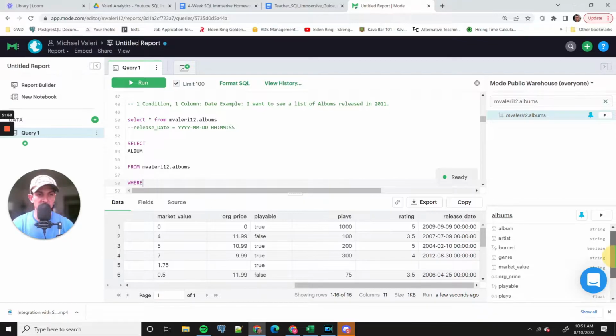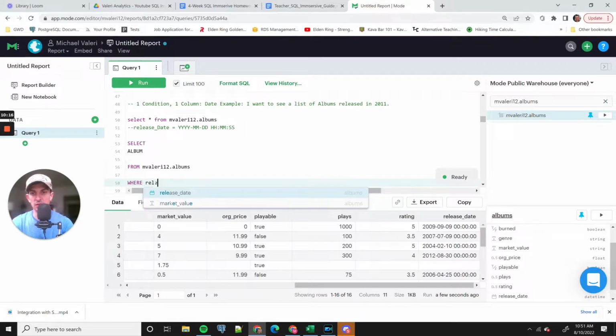Now, it's kind of hard to see here because they have this. Hey, Mode, you guys got to get rid of this little chat icon because it's over the schema and it's really hard to see what the things are, but it's a date time format. All right, so if the album's released in 2011, we're going to say where release date,